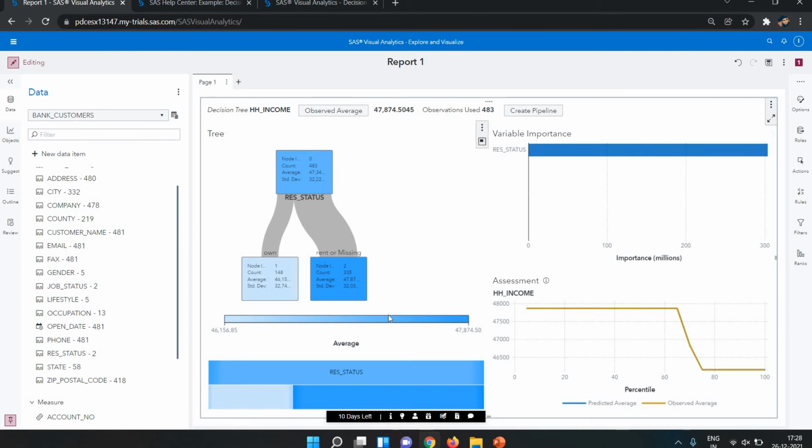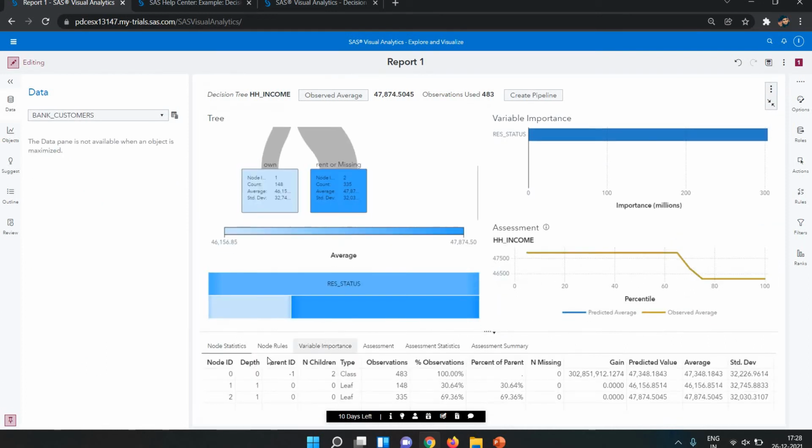Now you can see here what they're showing us. If you click on this key, now you can see restore options. Here you can see node ID, shown as node 0, 1, 2. Node 0 means the parent, and 1 and 2 are the children. So parent ID is 1 here, and this is a dependent one.